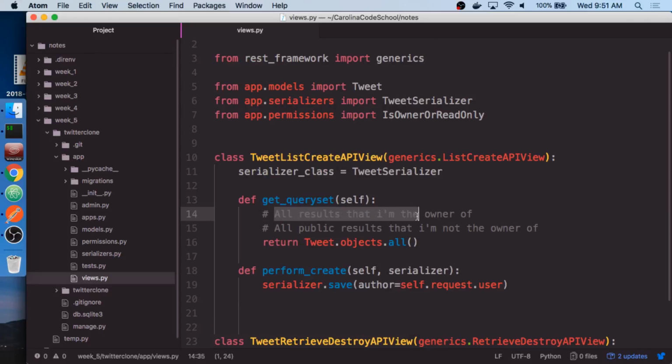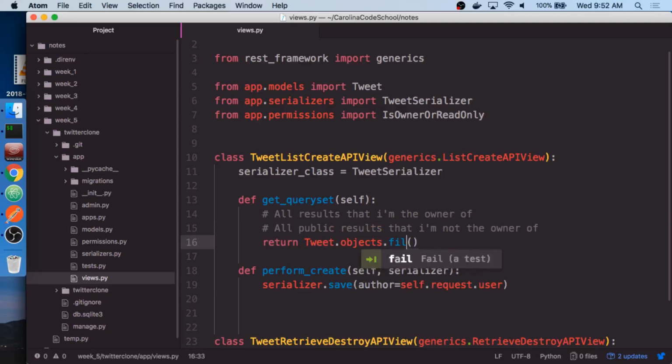Okay, so getting all of the results that I'm the owner of should be pretty straightforward because we can do that in one call. The other one kind of contradicts it though. This kind of says, you know, we want one thing or we want another. So we can't exactly just put that into one request. I can't say in one request, I want all the ones I'm the owner of, and the ones that I'm not an owner of, I want these.